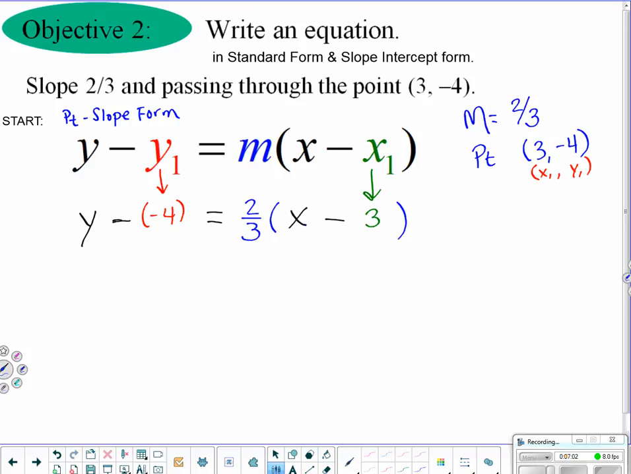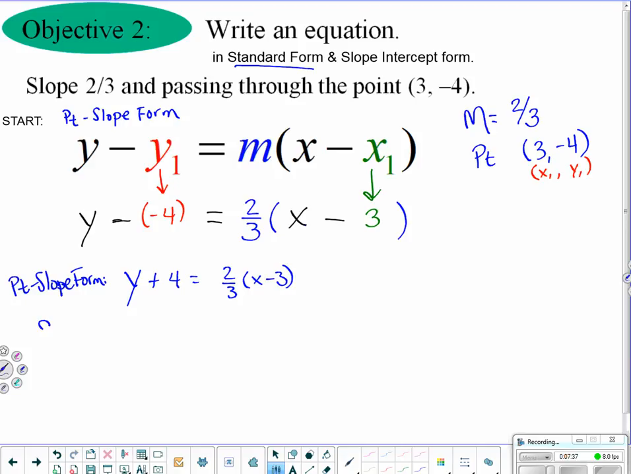I think with a little bit of simplifying, I'm seeing this double negative on this side here, negative. So let's turn this into y plus 4 equals 2/3 x minus 3. This is a great point slope form. And I could graph off that, no problem. Plot the point, move by the slope. But they ask us to write it in standard form and also in slope-intercept form. So let's move to,